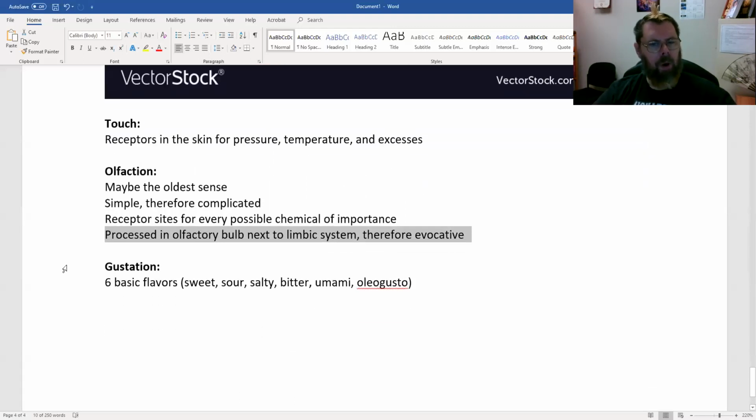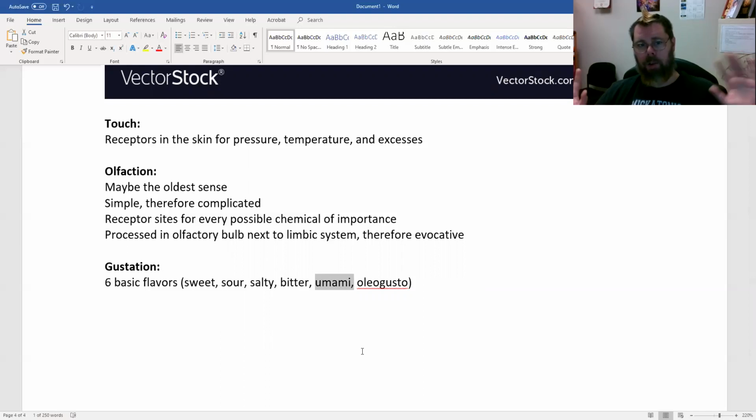And then flavor or gustation. There's 6 basic flavors, and they're kind of encoded in different parts of the tongue, but different receptor sites respond to different classes of chemical. That gives you this stuff, right? We used to say it was 4. 15 years ago, there were 4 tastes, 4 flavors: sweet, sour, salty, bitter. All right. And then Japanese scientists kept telling us, no, you're missing one. You're missing the savory flavor. You're missing the flavor of raw chicken. We're going, hey, wait, who's tasting raw chickens?